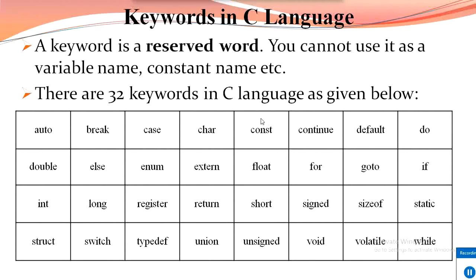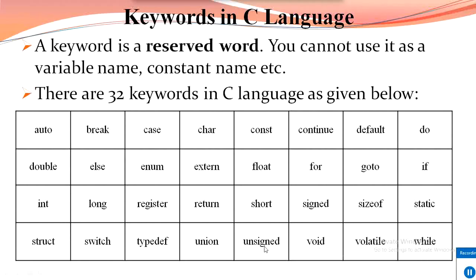Now, keywords in C language. A keyword is a reserved word. We cannot use it as a variable name, constant name, etc. These are the 32 keywords which cannot be used either as a constant or variable: auto, break, case, char, const, continue, default, do, double, else, enum, extern, float, for, goto, if, int, long, register, return, short, signed, sizeof, static, struct, switch, typedef, union, unsigned, void,